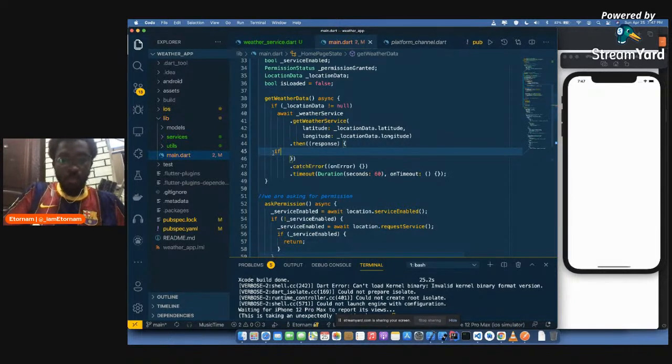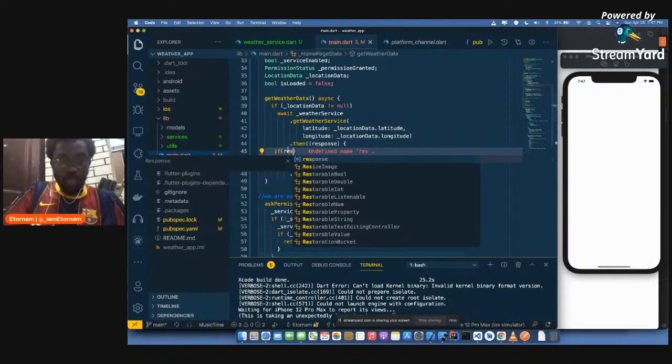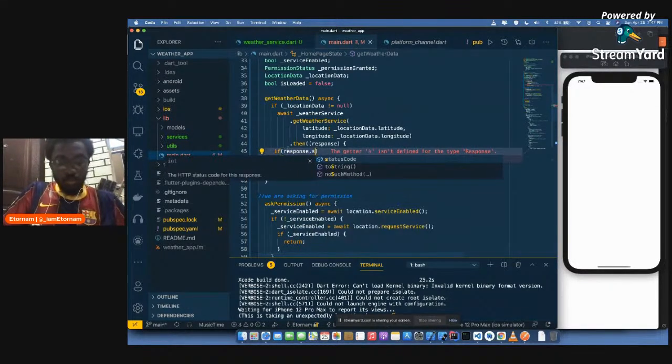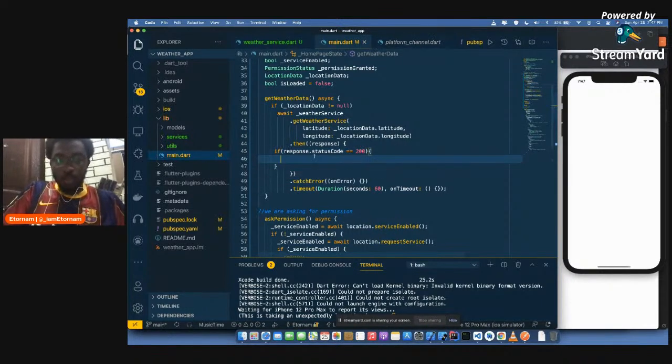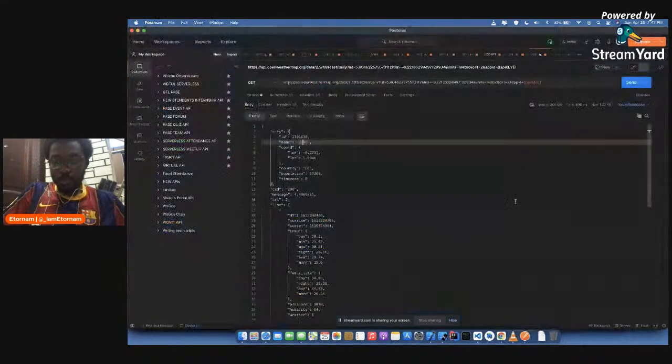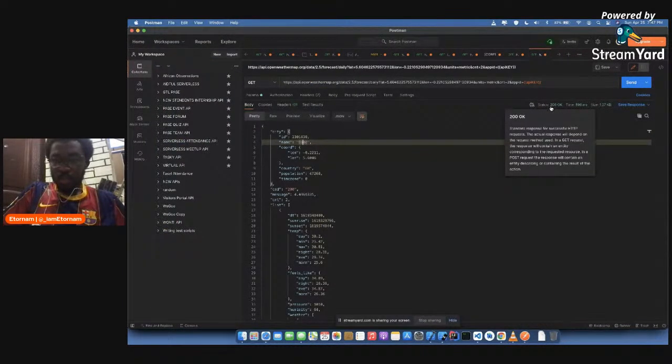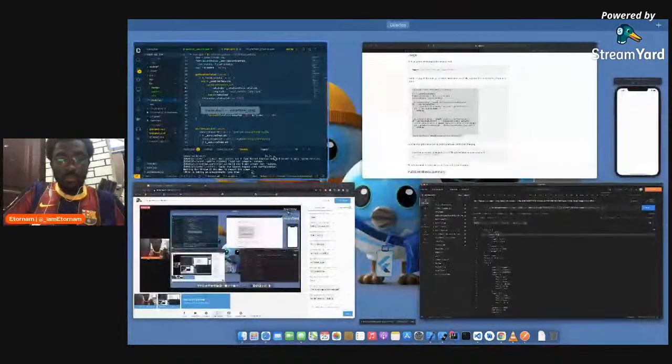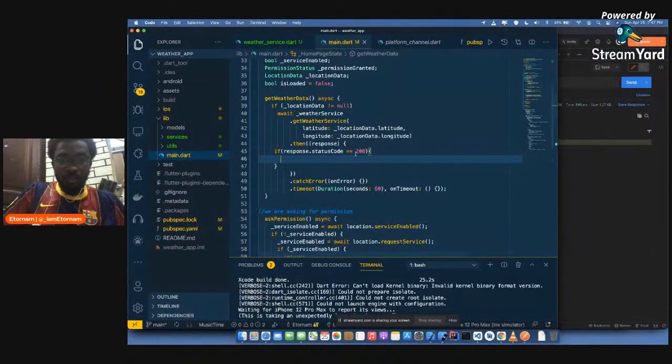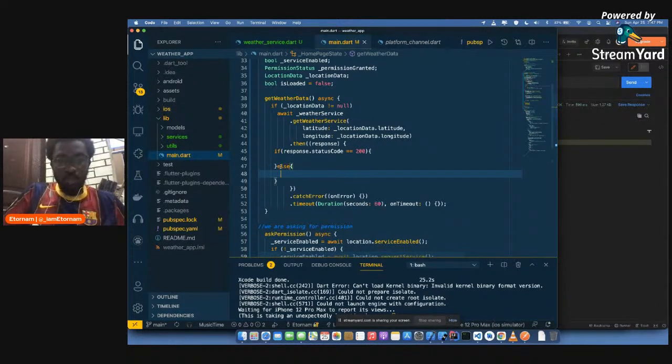So we can then say, inside our then, if response dot status code is 200. So when you look at the Postman response, as you can see here, we have status code. So this means that it has been successful. So we're just checking whether it is successful. So if it's 200, then we do something, else then we do something else. So inside our